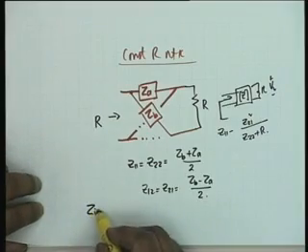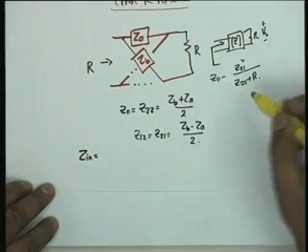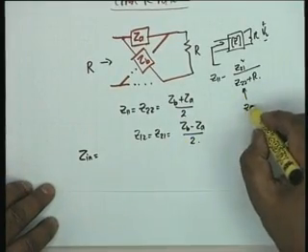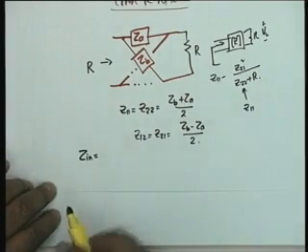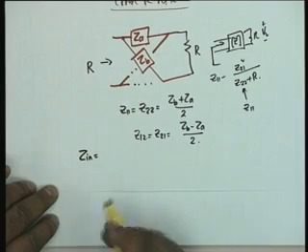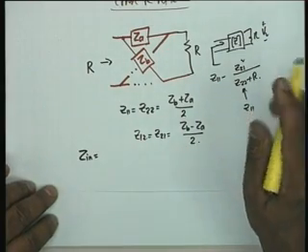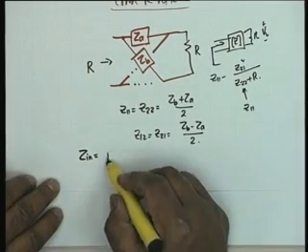Now if I substitute these values of Z, well, what is Z22? Z22 is the same as Z11. Now, if I substitute these values here and simplify, the simplification takes a bit of time, you will see that Z in equal to R